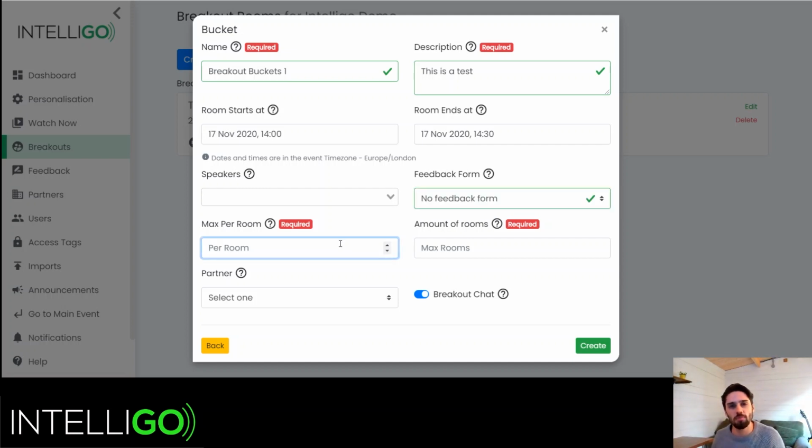Now here is where the bucket specific features come in. Maximum per room is simply the maximum number of people you want inside a bucket. This can be as large as 30 or as small as 2. So if I wanted to have really specific conversations between 2 people, I can set that as 2. Whereas if I wanted to have a wider conversation between, say, 10 or 12 people, I can set a bucket